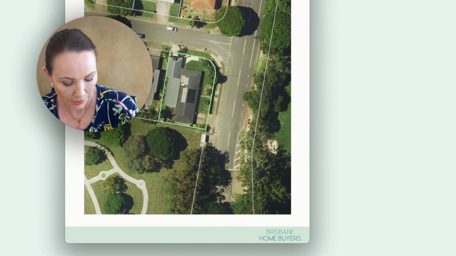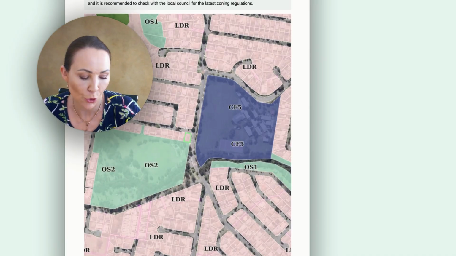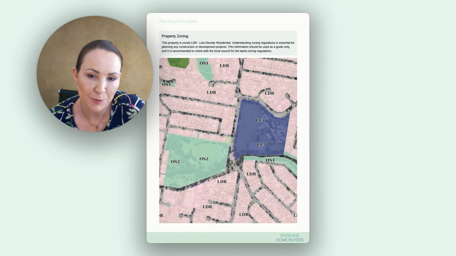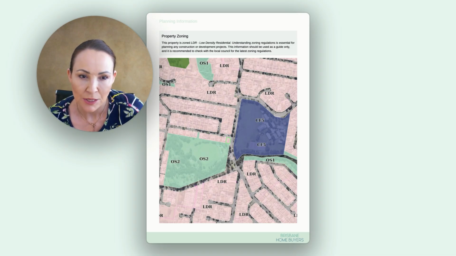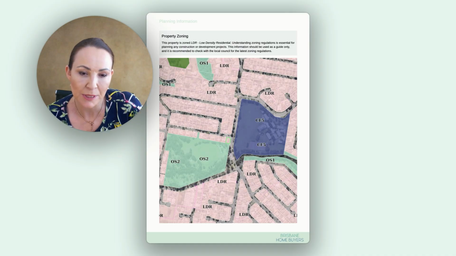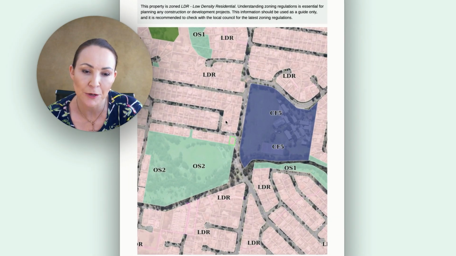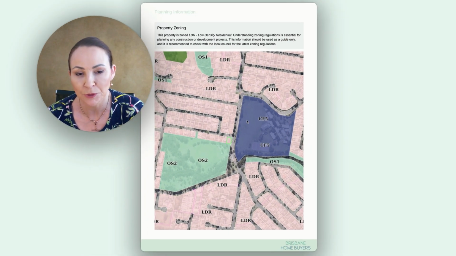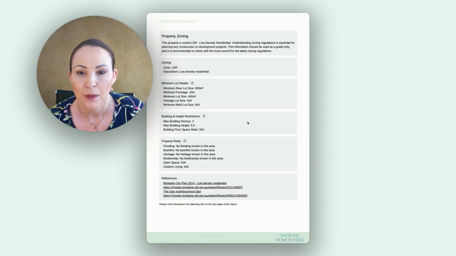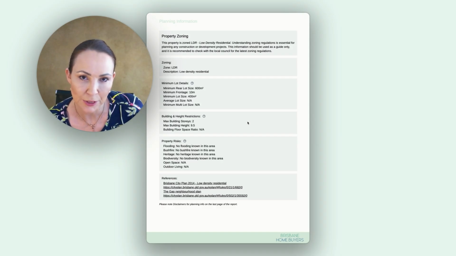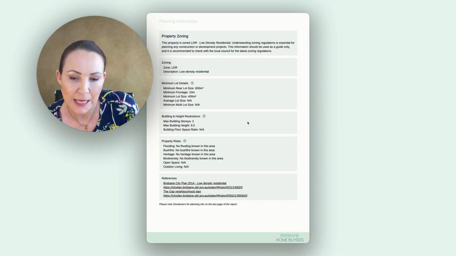Great. So the next image, this is the zoning. You can see in this particular location, everything's very pink, which is low density residential. So if you were purchasing this property that we are considering, and across the road was zoned differently, you'd need to investigate that, all right? And I know we covered that in more detail in Module 3. Okay. So this talks about the zoning for that particular property and a little bit more information about the fact that in that area,